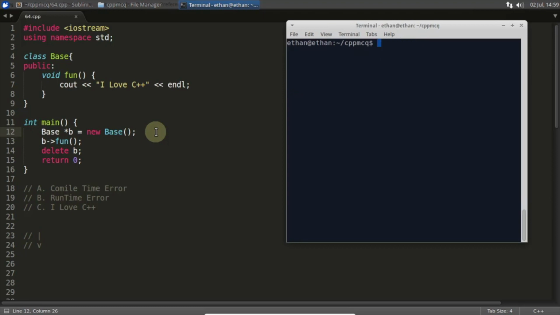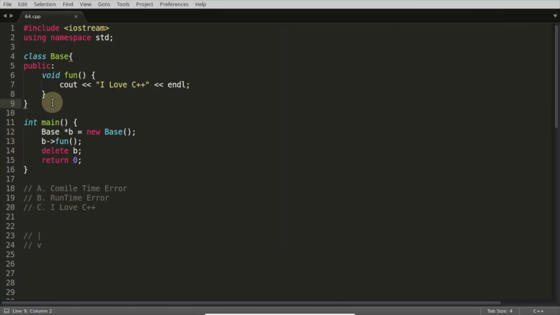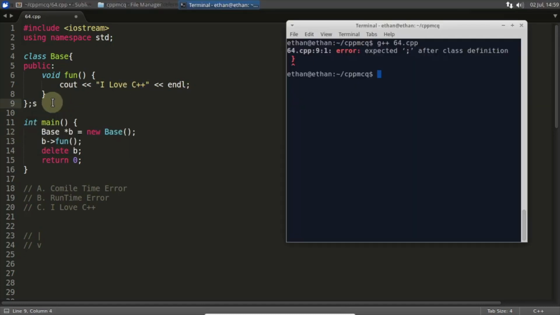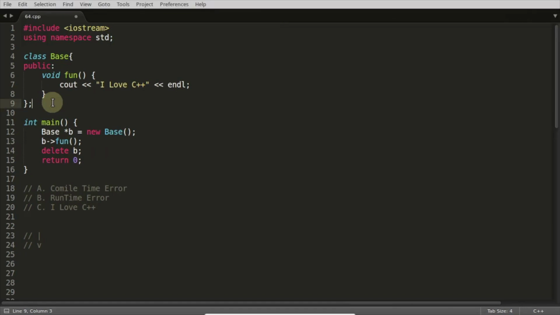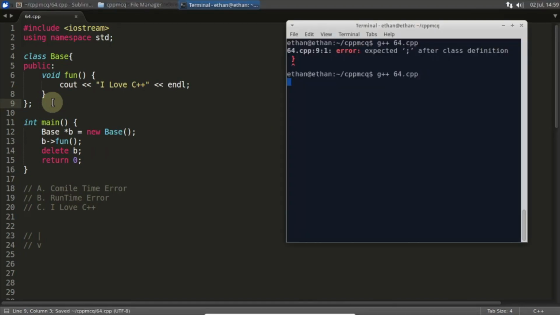So let's go ahead and compile this code. So this is 64, right? We'll compile this and hold your heart, baby. Oh my god. There is this semicolon missing in here. If you give this semicolon correctly, it will compile and it will give you the expected output